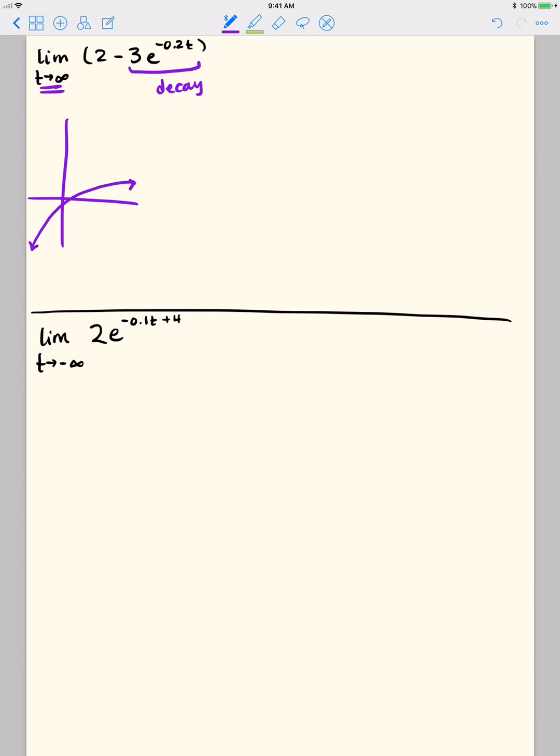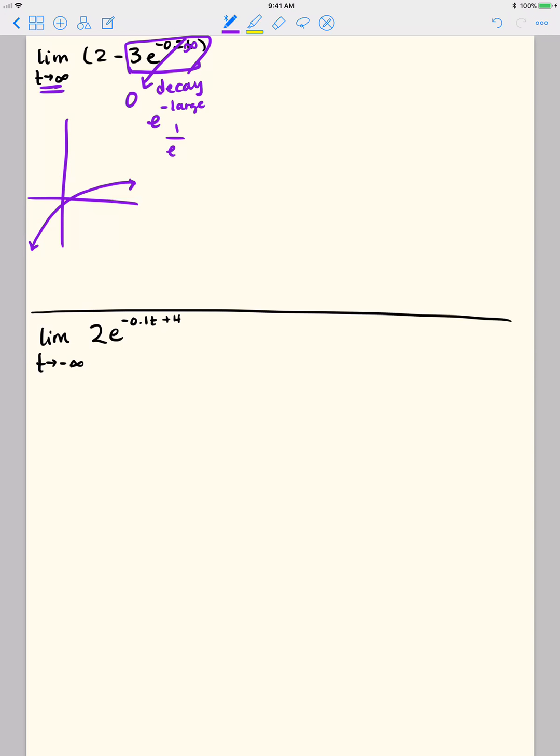And if we look as t approaches infinity, for this one, the decay portion, if you plug in infinity for that negative 0.2 t, then this decay portion actually goes to 0, because you're having a 3 times an e with a negatively large exponent, and that's going to be 1